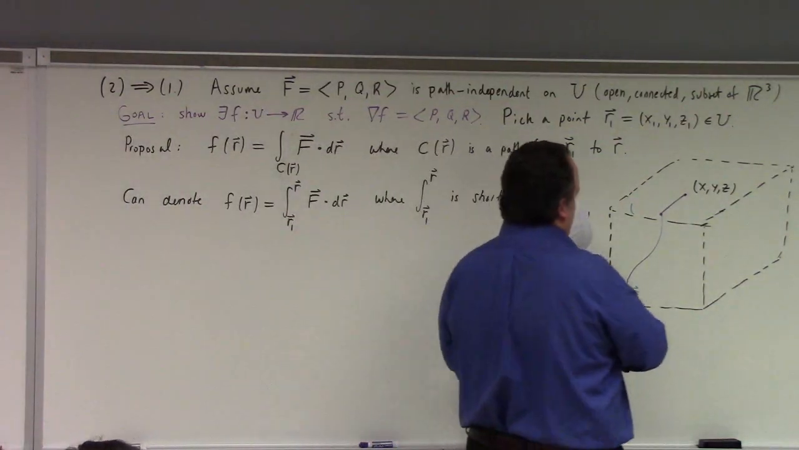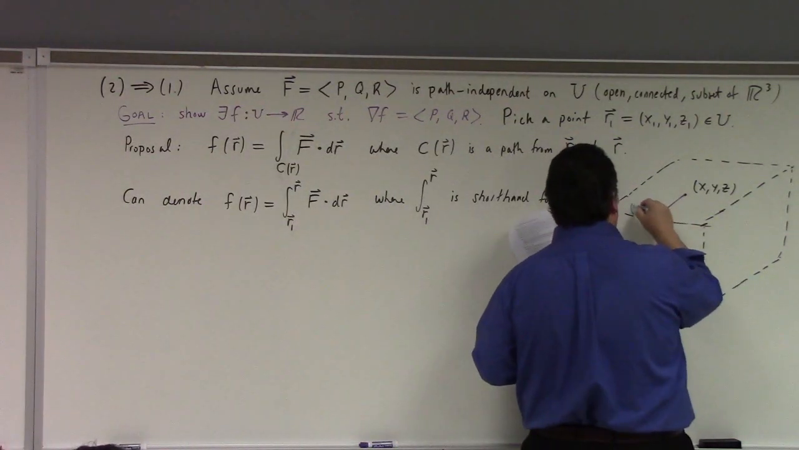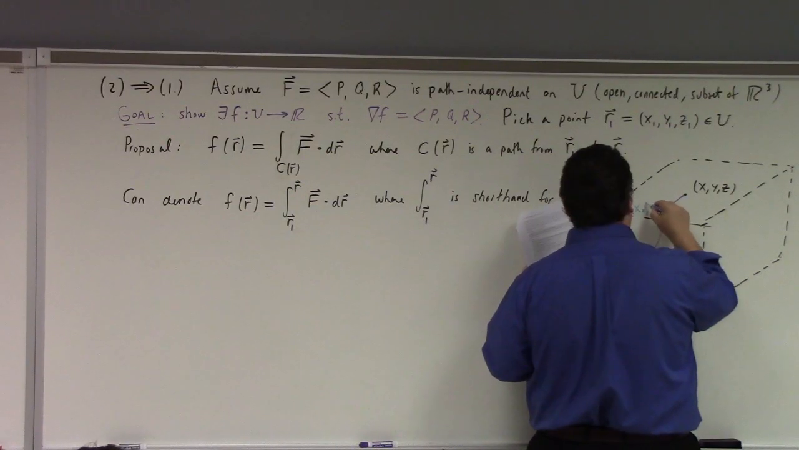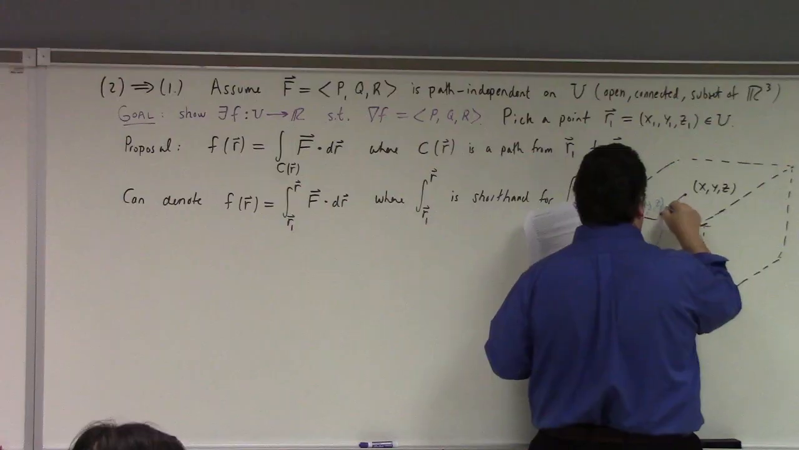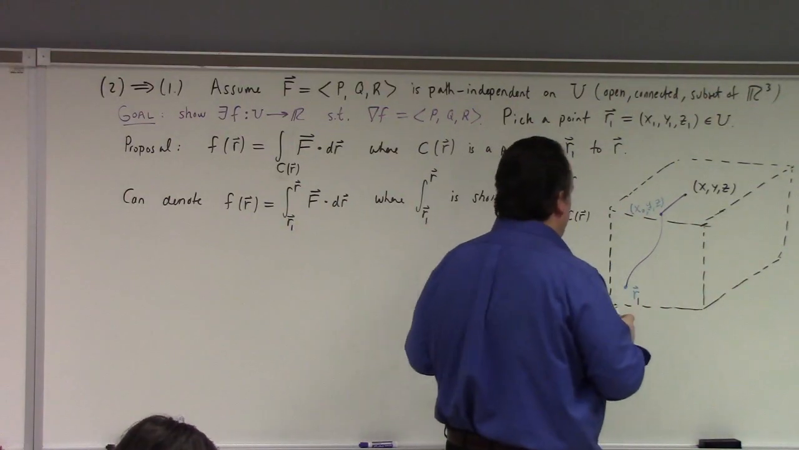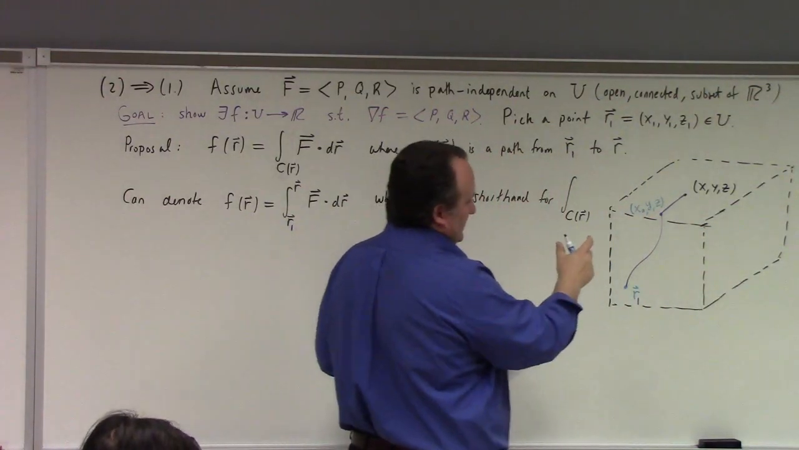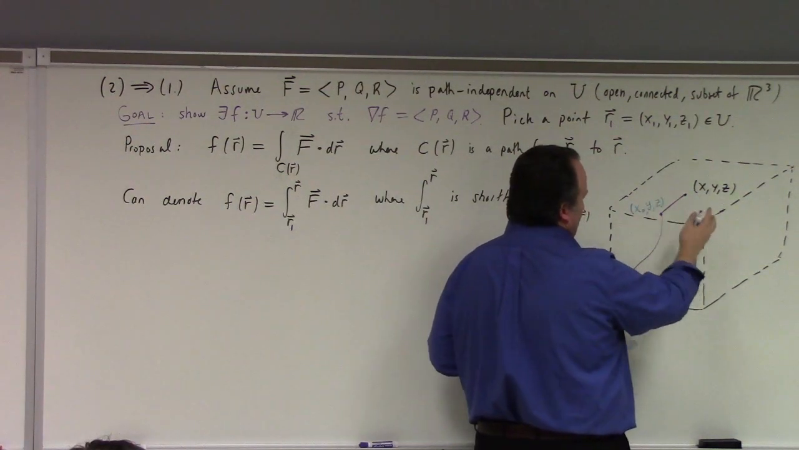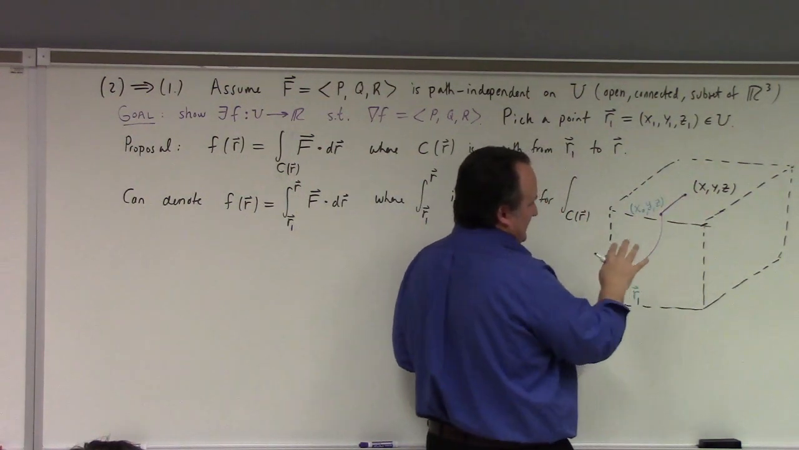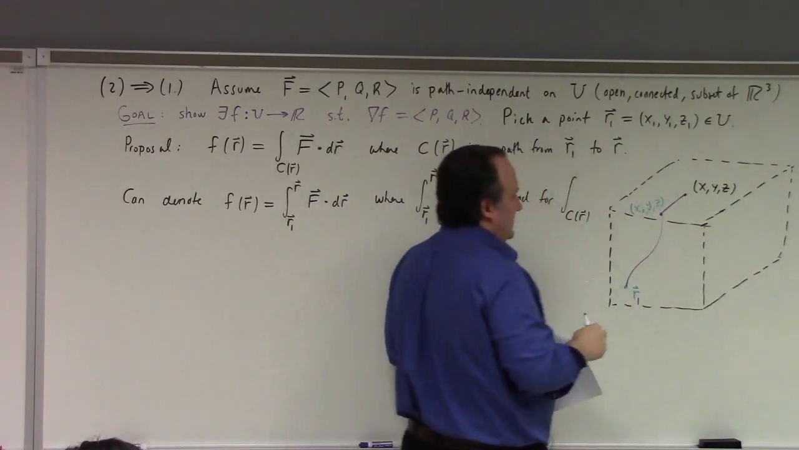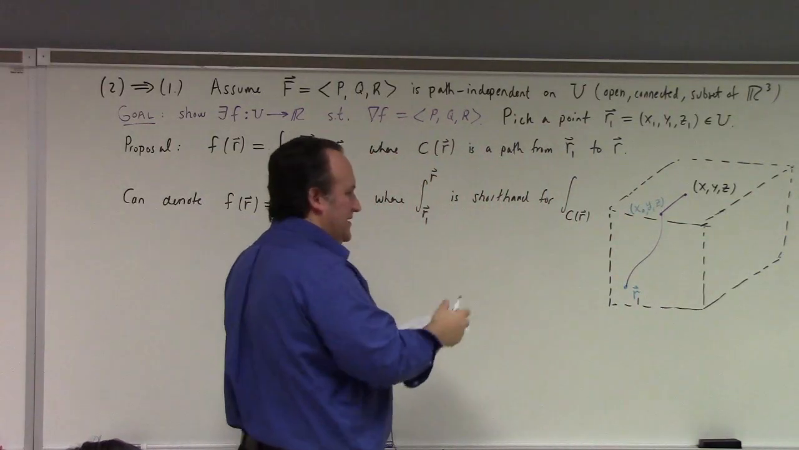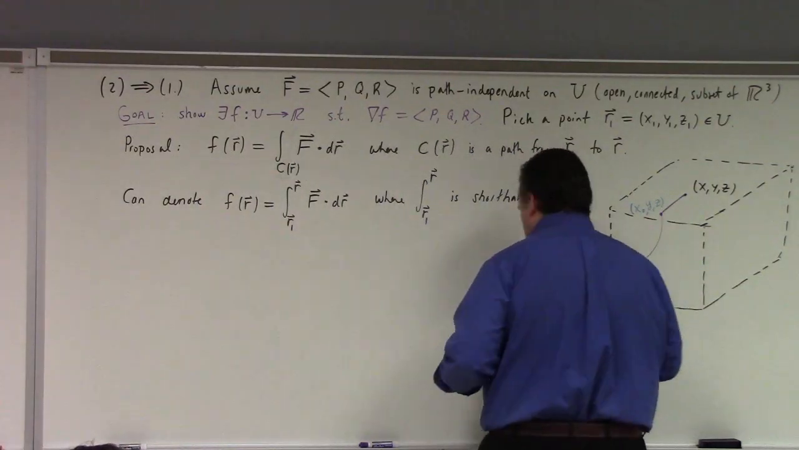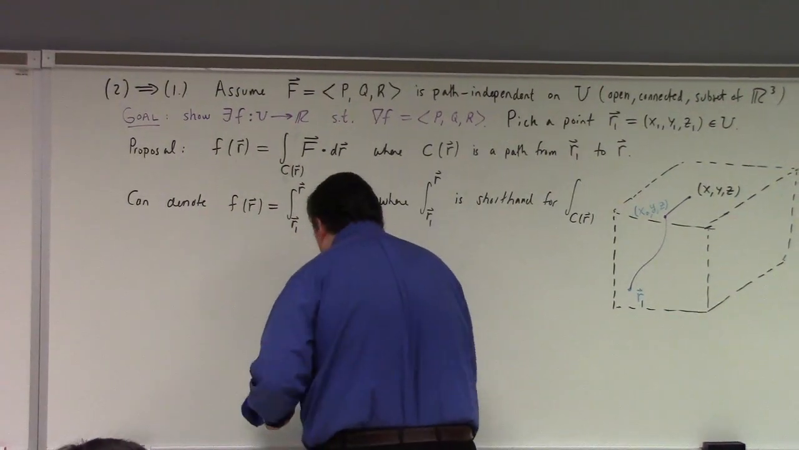So I'm picking this point over here, x naught, y, z. Now why can I do that? I can do this because this is an open set, so the picture doesn't do it justice, but I'm inside the set. So I can pick a point also that's inside the set such that this line segment that joins them,